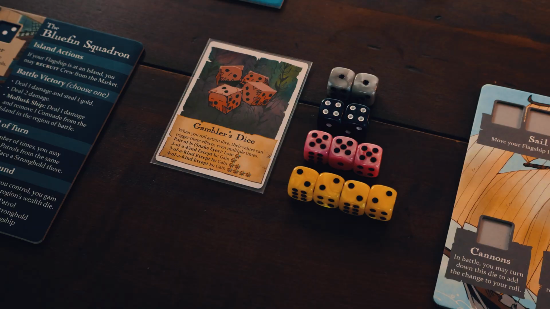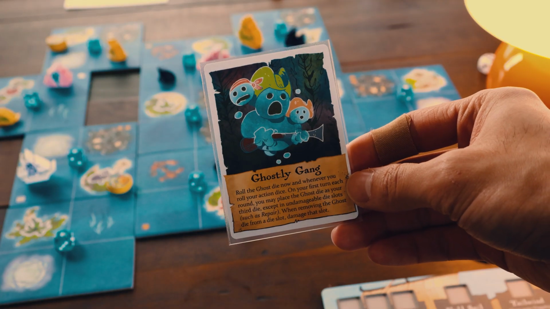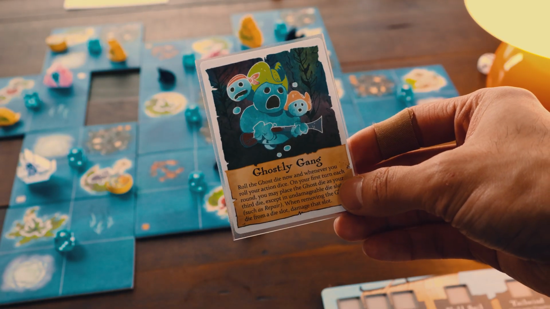Some groups are going to love that. Some groups may not love that, but that's why we have 13 cards here. There's so much to explore. This one is, I have not played with this one yet, but I really want to, and it's called the Ghostly Gang. It has amazing artwork on it, and it says that you're going to be rolling the ghost die